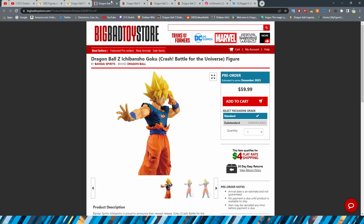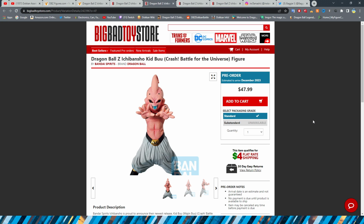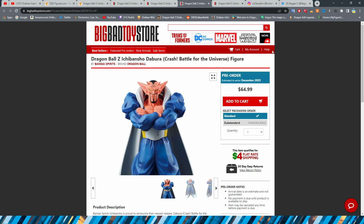Yep, that's kind of what I was thinking was going to be the case. $60 for Goku. Obviously very far from what it should be, which is the $36 mark for the Ichiban Kuji figures. $47.99 for Kid Buu. Wow, okay. That's actually less than I thought it was going to be for Dabura, to be 100% honest with you. I was thinking he was going to be like 90 or something like that, because they love to be crackheads with these prices. But nope, seems like that's...